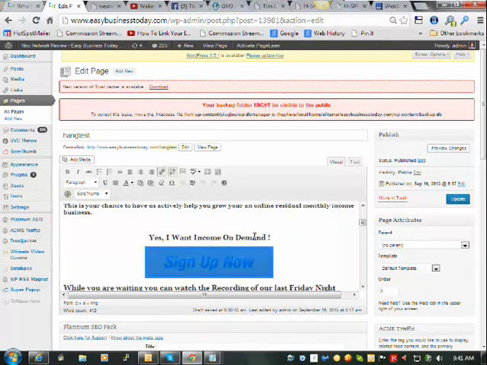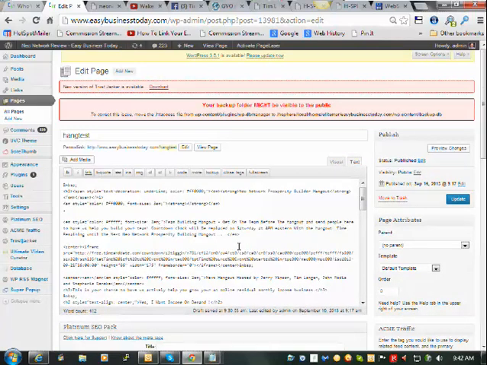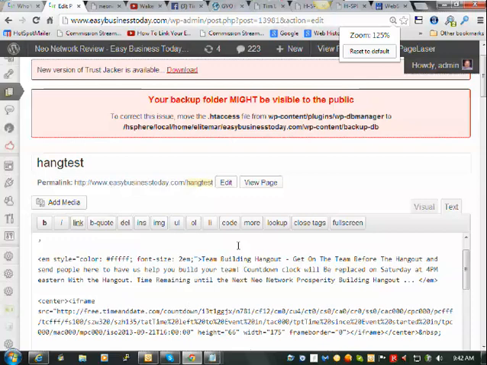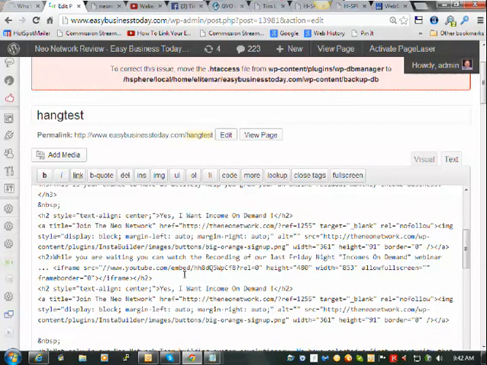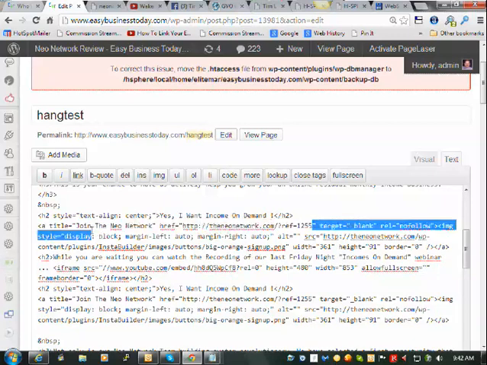like on this button, you would have to view it under text. I'll make it a little bigger here so you can see it. And I'll scroll down to where I have the link. And the link is right here. Join the Neo network. Or sorry, http://neonetwork.com ?ref=ID number. Okay. Basically, I just highlight that, paste in a snippet of code that I have,